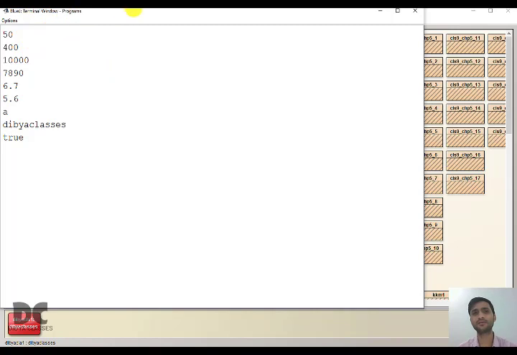So we have given the values, and now the values are being printed because we had written println. If I would have written print, then everything would have been printed in the same line, like 50, 400, like this. So it would look very ugly. It will not be clear. So therefore we have used println. So you have to think about where I should use print and where I should use println.